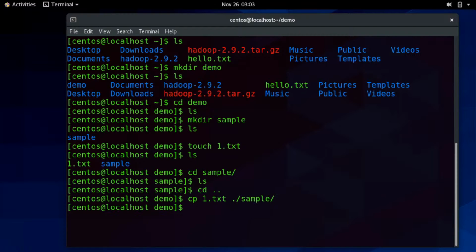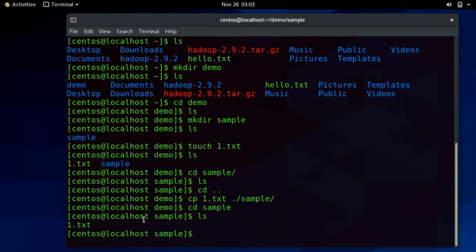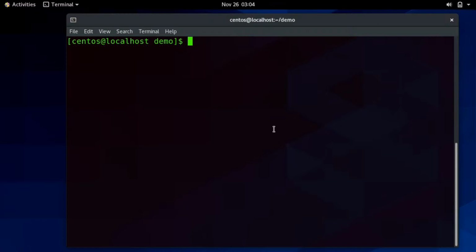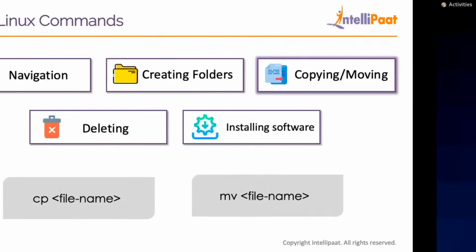So there are no errors that we got. Now if we go inside the sample folder and if I do an ls, you can see that 1.txt is present. Okay, so this is how you make use of the copy command. Now let's say I want to come out of this directory. I'll again type in cd space dot dot, clear the terminal, and coming back to my slides,